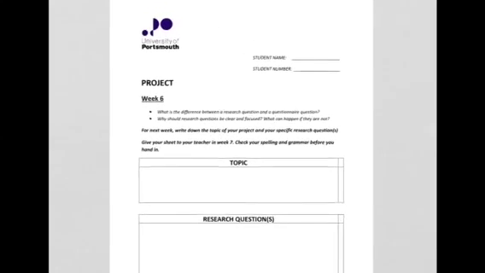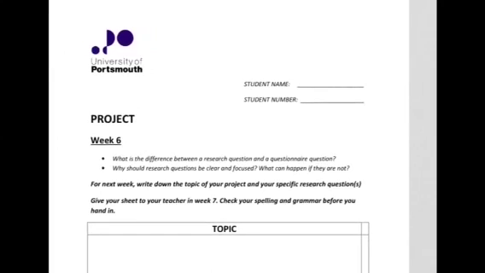So I'd like you to fill this form in. Please download it, fill it in and print it. It's available as a PDF or as a Word document if you'd like to type directly onto it. Let's take a look at it together. So at the top here you should fill in your name, student number, and then